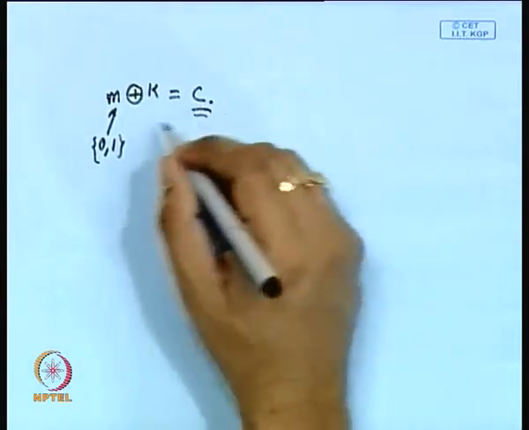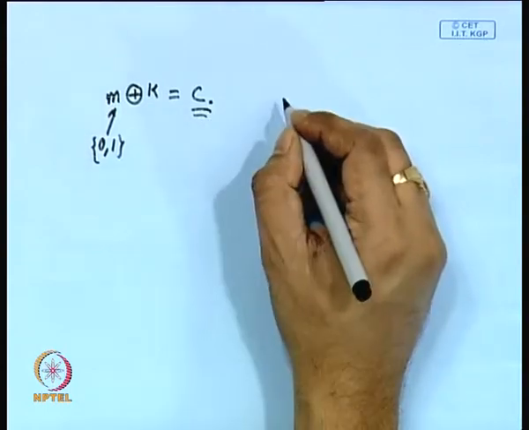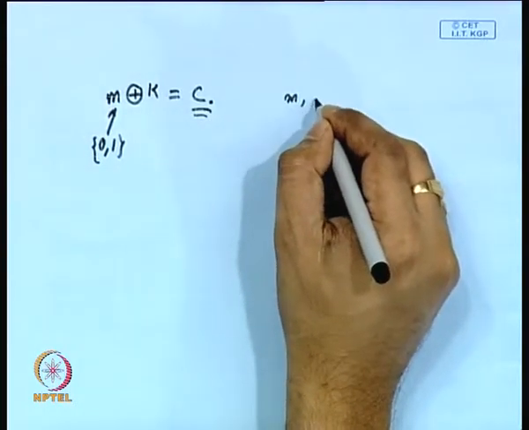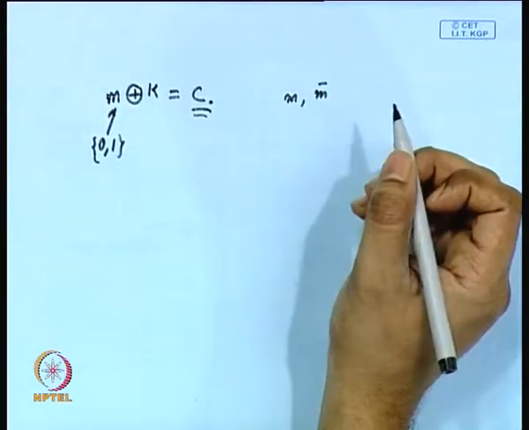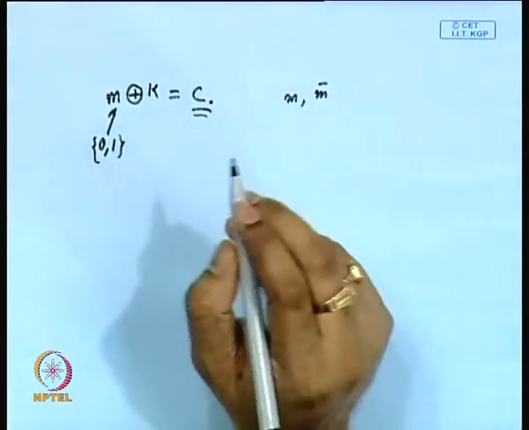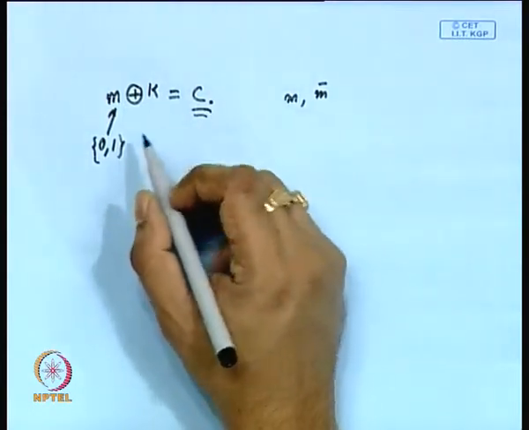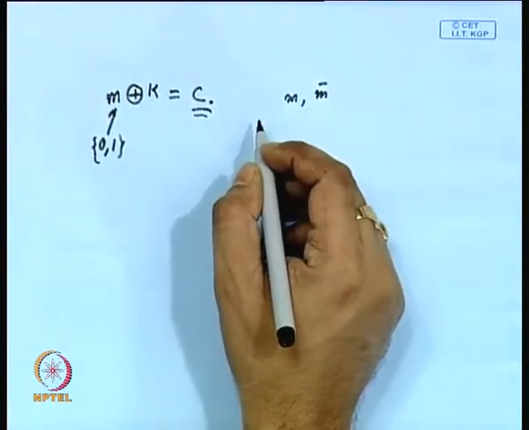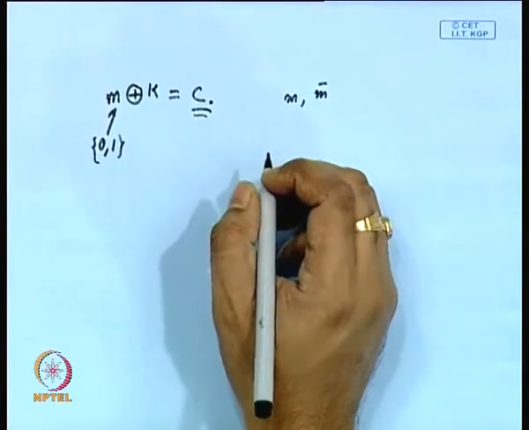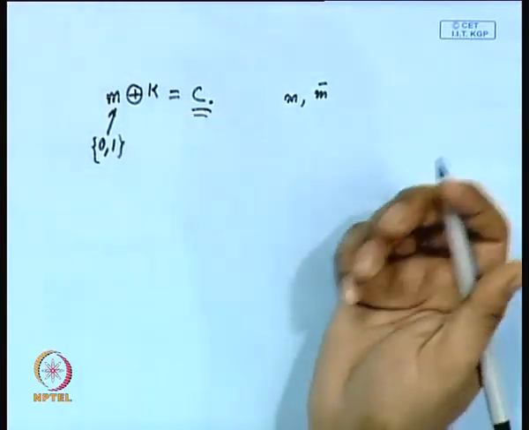So Bob knows that if this is the encryption algorithm which Alice uses, Bob is receiving either M or M bar, because the key can either take 0 value or 1 value. We are just considering a very simple case. Now Bob has to guess whether 0 has been encrypted or whether 1 has been encrypted, and if Bob does not have any information from the ciphertext, then Bob would have simply guessed.